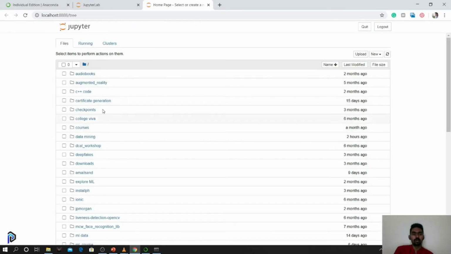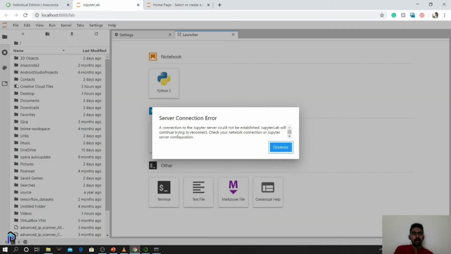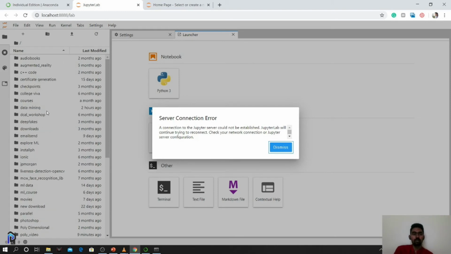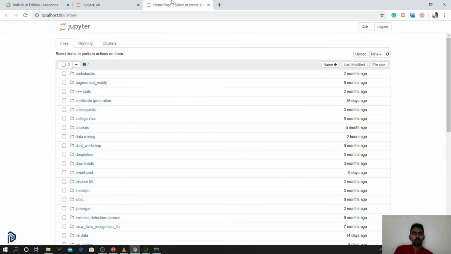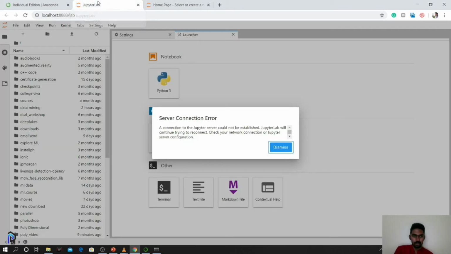So this is the Jupyter Notebook. As you can see, you can just open a notebook and the file system is in the before place. It's not in the better viewing that we have in the Jupyter Lab. Jupyter Lab is more comfortable and easier to use compared to Jupyter Notebook itself. Okay, fine. I'll just stop this also.